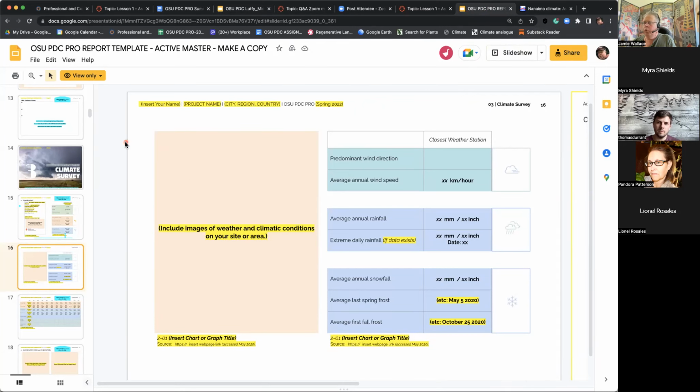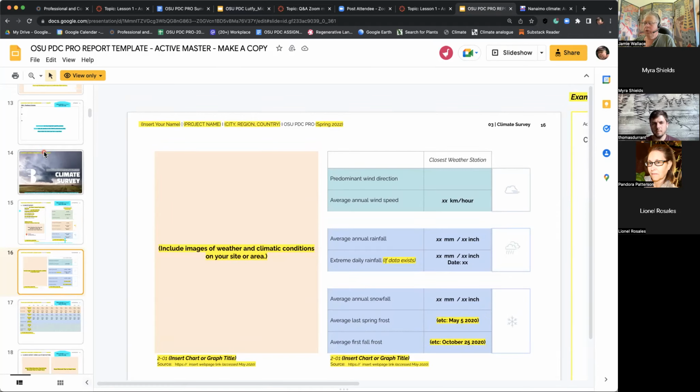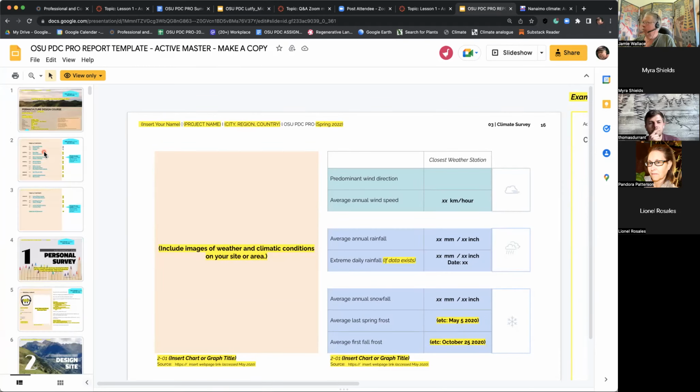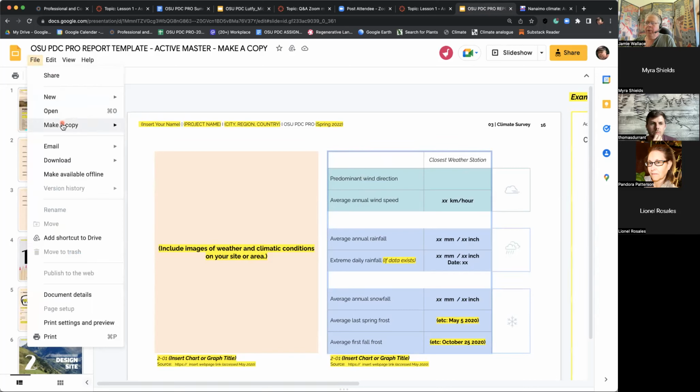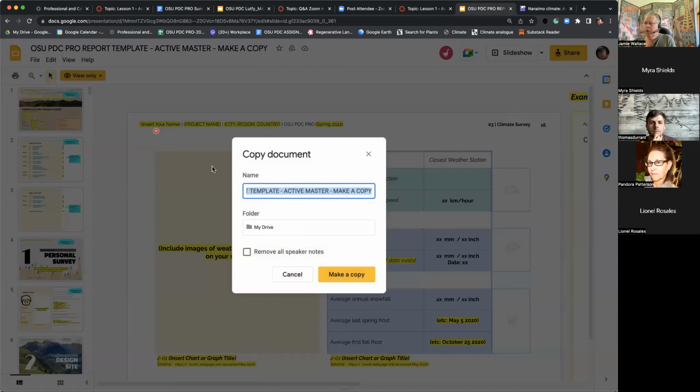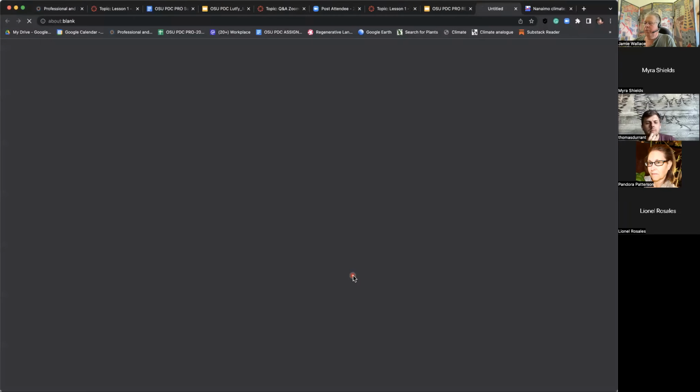And of course, when you go to this template file, for those that are not familiar with Google Documents, you'll see that it says view only. So you can't do anything with this other than click and maybe highlight the odd box. So what you have to do is go under here and make a copy, and you're going to do the entire presentation, and it will stick itself on your Google Drive, right? So you just make a copy,